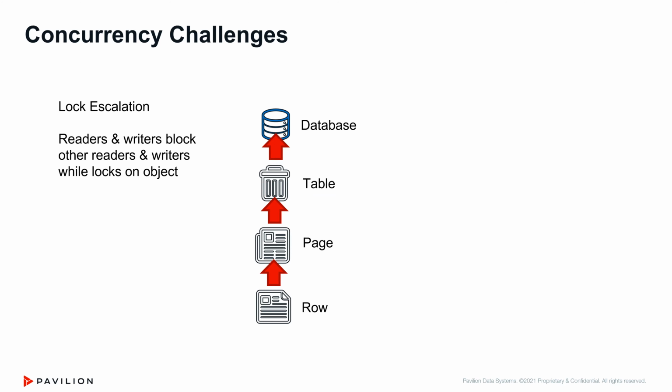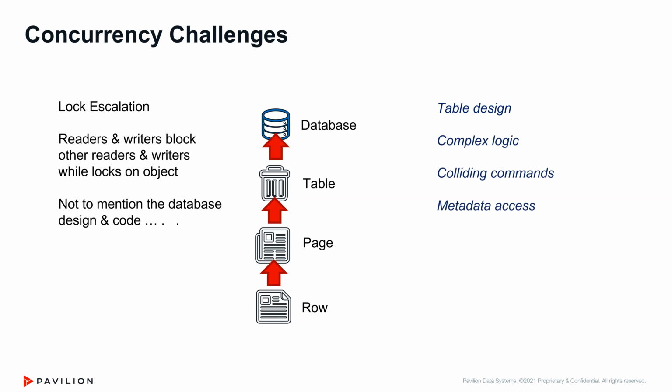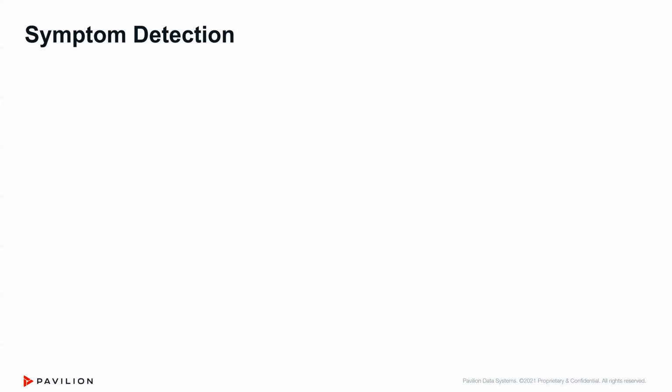Readers and writers will block other readers and writers with the locks on these objects. Now, there's a few things you can do to minimize the impact of readers, but writers will still lock. And this doesn't even mention the database code, the database design, the table structure, all the bad logic that's been inherited for decades. It's a challenge. So, you've got the table design, metadata access, all this stuff can start to act up. Now, again, you may not be able to see the stuff directly, but the symptoms are